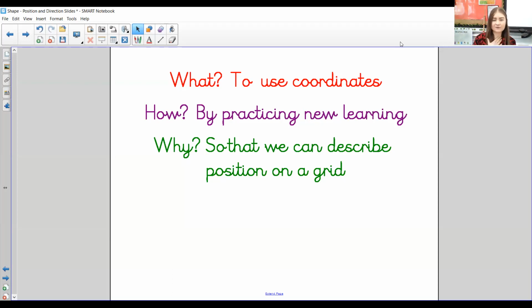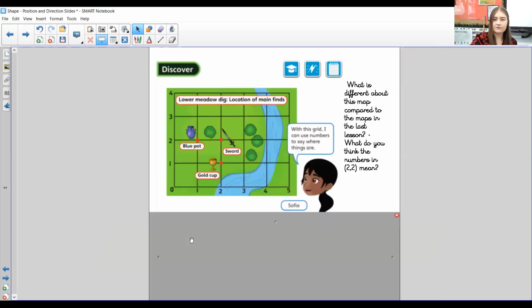They make it more specific and they make it more accurate, okay? So that's why, so that we can describe position on a grid, but we can do it accurately rather than saying kind of near the so-and-so. So what we're going to do is, for our discover,